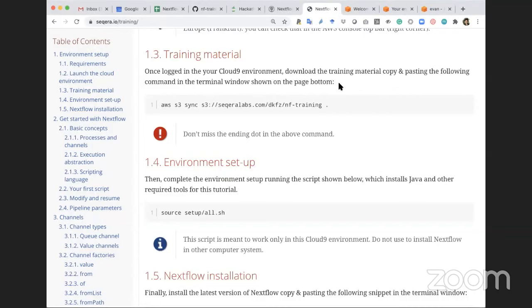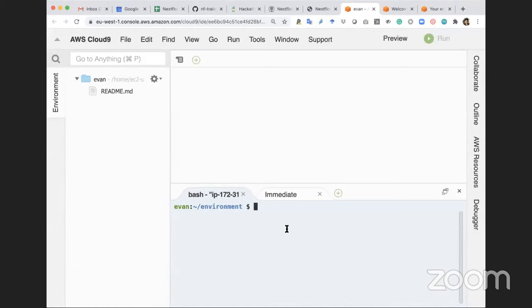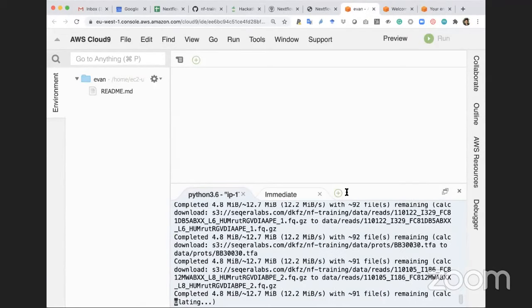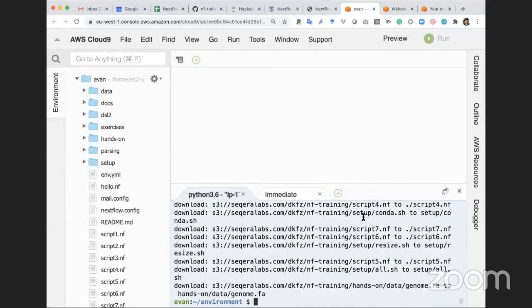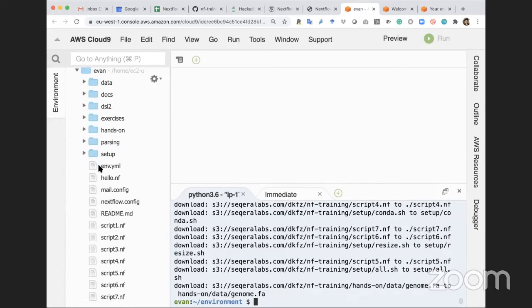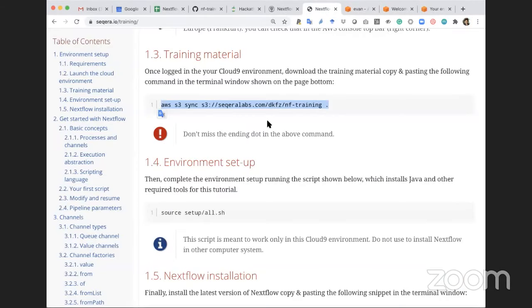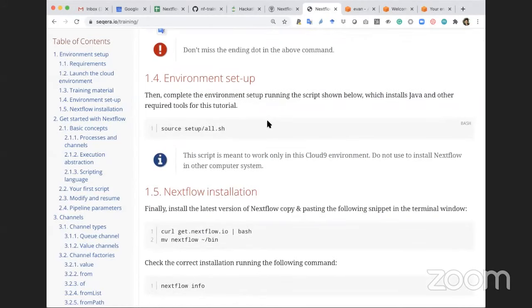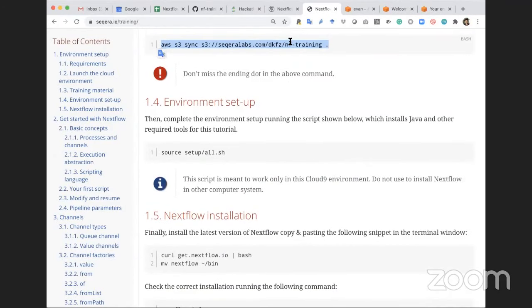The first thing we want to do is take all the training material. In this case, the training material is going to be here. So we're going to do an AWS S3 sync here. Let me just try this. I'm going to pull my environment closer here. And what this is doing, you can see, is pulling all of the material that was required. We have a series of scripts, some exercises, some data, and some docs. Okay, after we've synced this material,